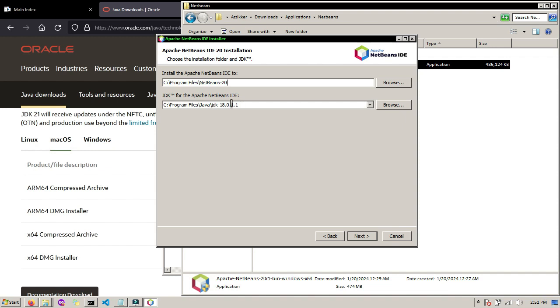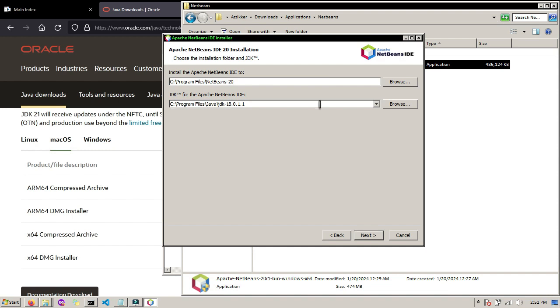And as you can see, it scanned my device for the installed JDK. So this is the location of our JDK, or Java Development Kit, installation directory from earlier.